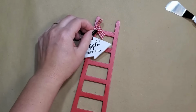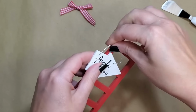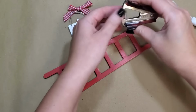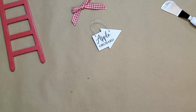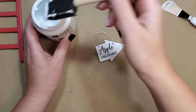This ladder is from a 2-pack from Hobby Lobby, and I don't really decorate with apples or anything like that, so I thought this would be perfect to DIY for the Christmas season. I just removed the little hanger at the top, and it was pretty easy to take off. I just had to use my staple puller to remove that staple, and I set aside the little bow because